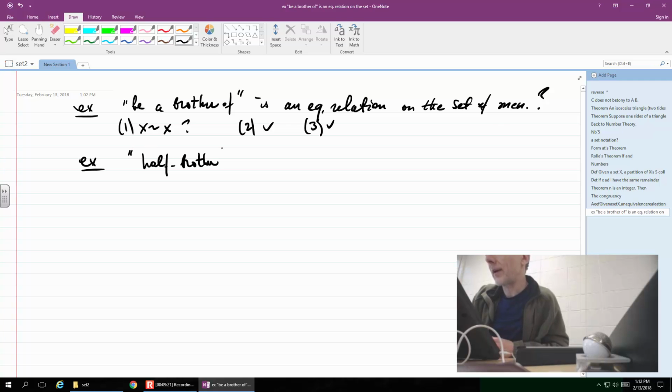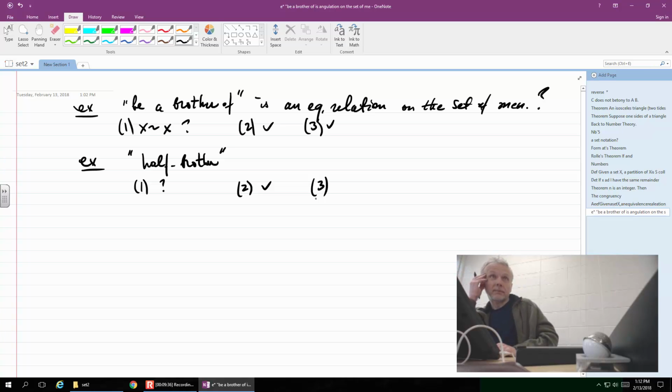Well, there once again, our first axiom is clearly unsatisfied. Number 2 is satisfied. What about transitivity? Half brother of your half brother is your half brother? So you're saying your half brother's half brother? Is he your half brother, or is it a quarter brother? No, that's not how it works. Well, I guess we'll do in mathematics.